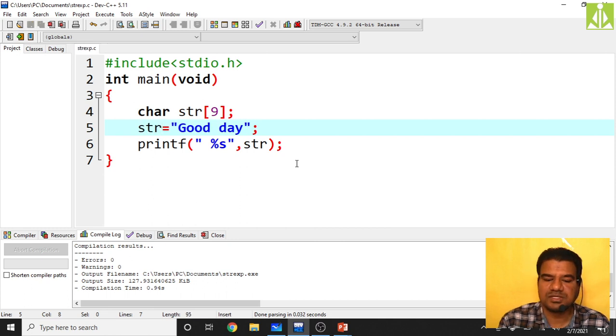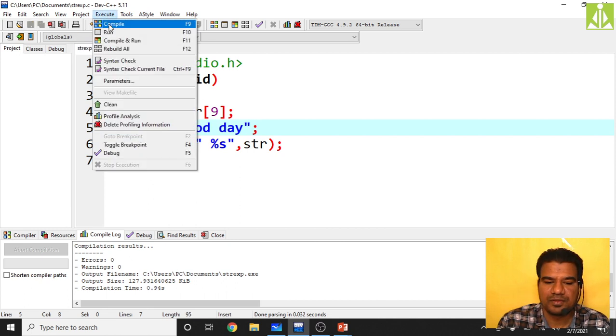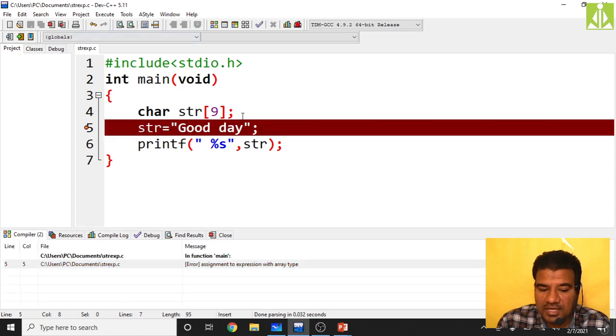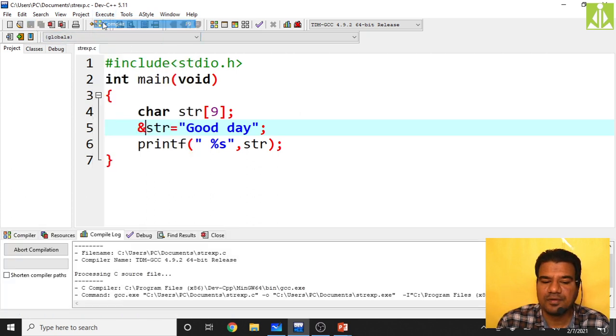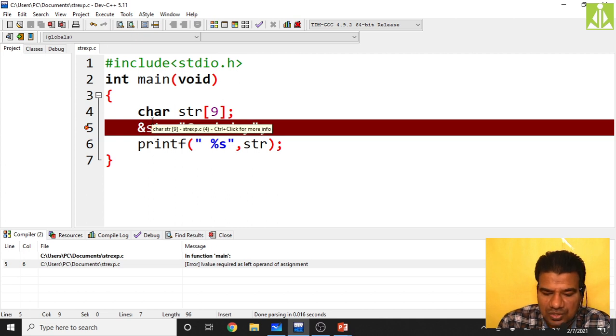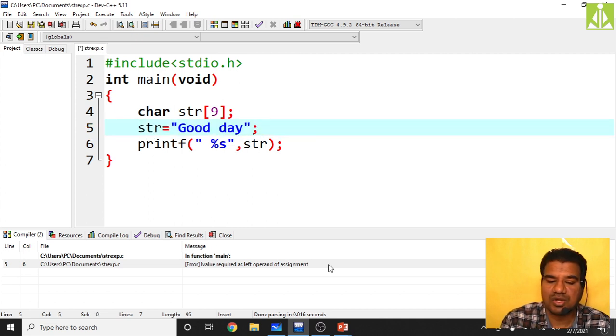Okay, then str, simply just see how it will act. Just see. Yeah, it is giving an error. See, it is behaving like a pointer array type, and here we are assigning a pointer to it. It is an array type and we are assigning a pointer to it. So that's the reason why it is giving an issue. So what we do is, here you put like this and check, and %str. Yeah, again it is giving an issue. So an L value is required. So it is not converting basically. So doing like this is also an error.